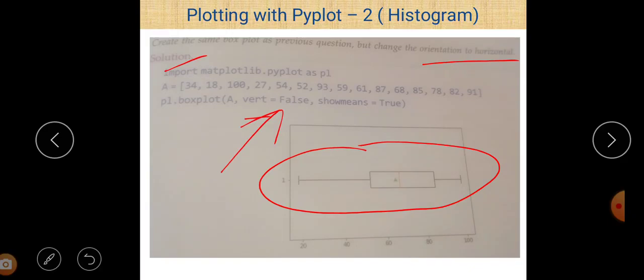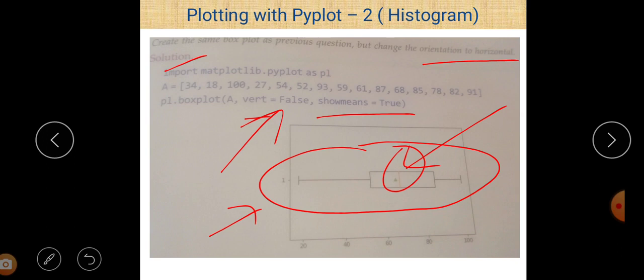So if we give VERT is equal to false, then the horizontal box plot is there, and show mean is equal to true. Most of the time we want to show the mean of that data, so you can use show mean is equal to true. By default it is false. You can easily see the mean because show mean is equal to true in that case.